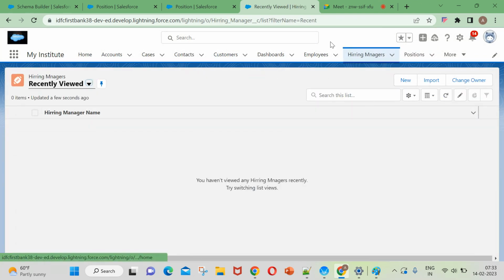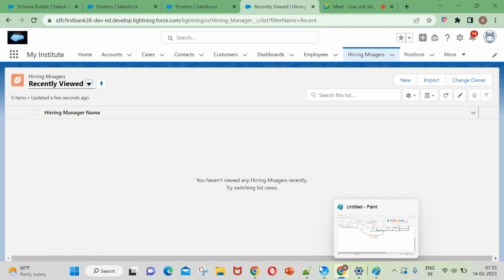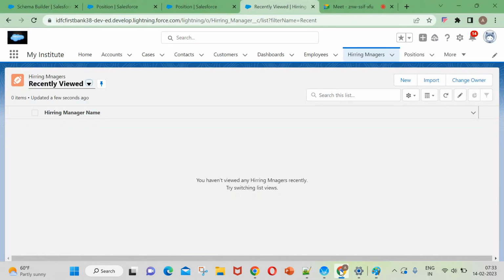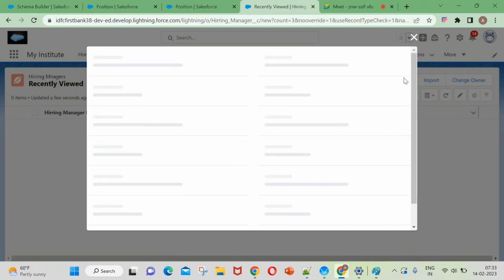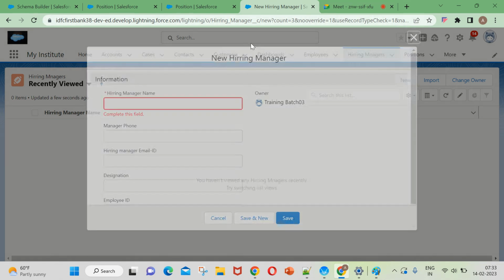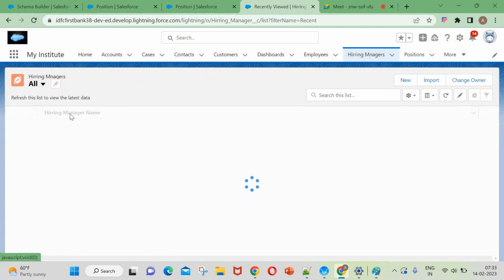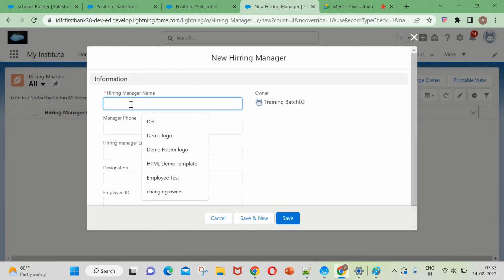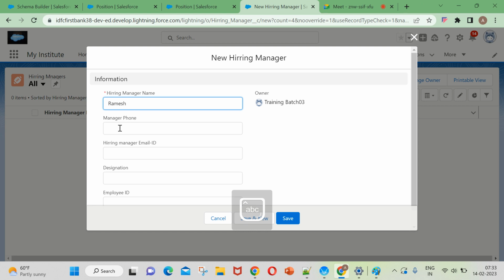So let's go on to create records in the hiring manager, the parent record. Here we have this parent. Like this we can create records in the parent object as well as the position object. First let's create a few records in the parent object. Just click on new. As of now we don't have a single record because it's a newly created custom object from yesterday. Just click on new hiring manager. Here manager name is Ramesh. Manager phone number is